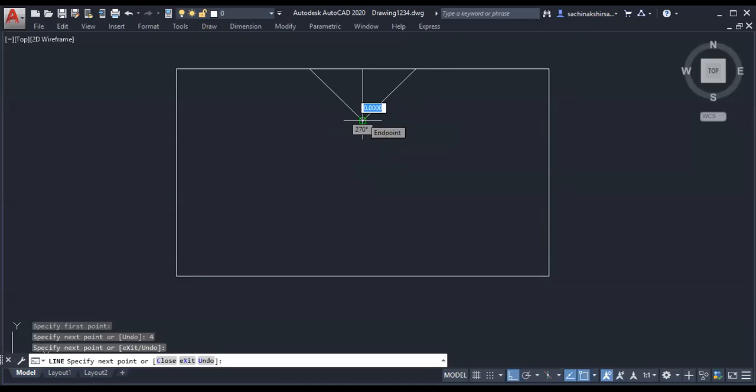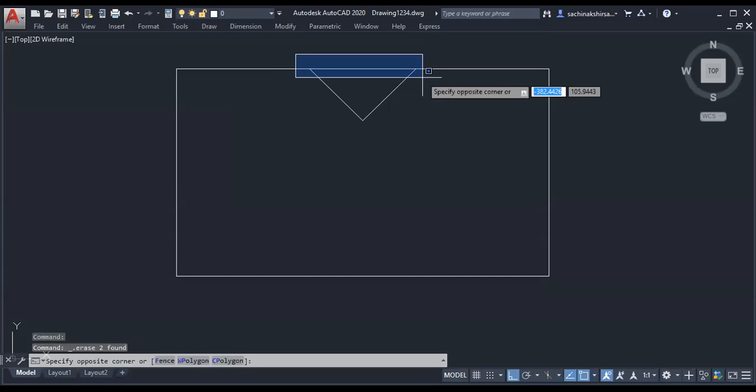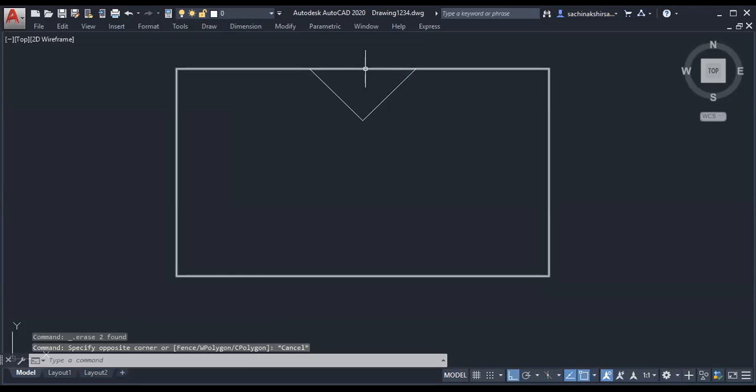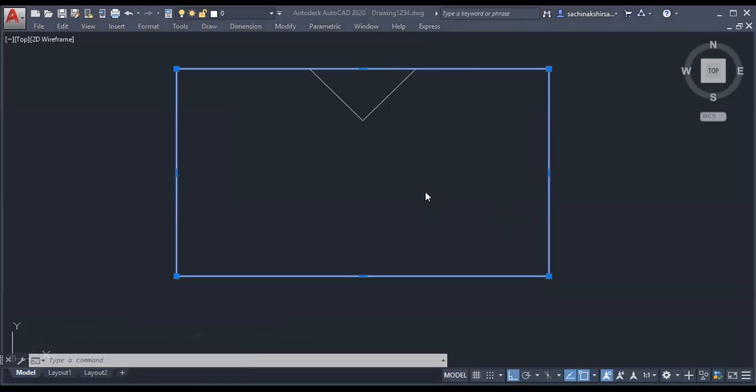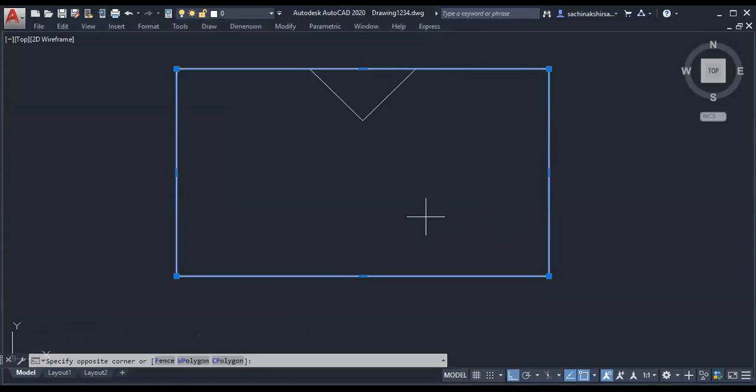Now here you want to show the groove. How can you show it? This particular line, the inside line, you want to remove. How can it be removed? Trim. Can we use the delete command here? If I click on that line, what will happen? The total rectangle will go, so the delete command is not working. Which command should we use? Trim. What is the shortcut for trim? TR, double enter.